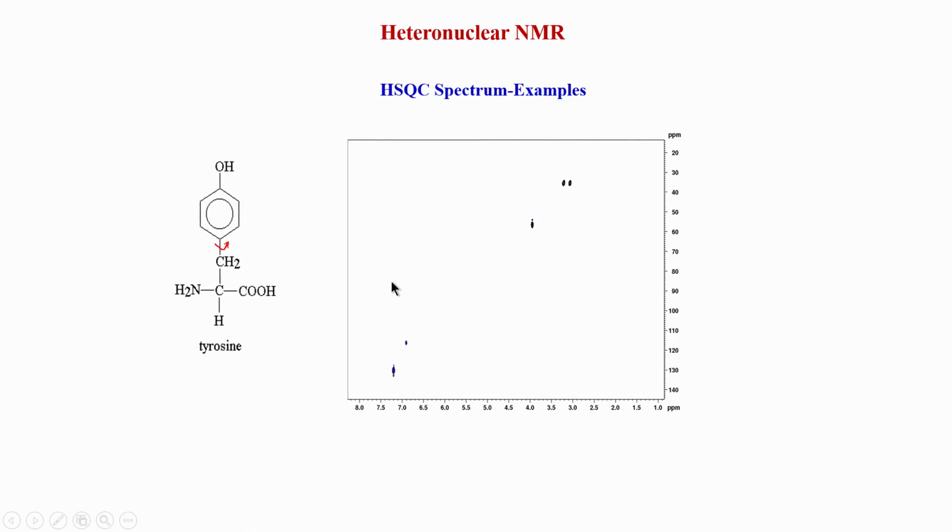So, in tyrosine, now let us look at the chemical shifts. The CH comes around 60 ppm, the same as all other amino acids, because it has nothing special. The CH2 comes around 40 ppm, between 36 and 40, and again you can see there are 2 peaks here, because these 2 protons are not equivalent, but they are attached to the same carbon. So, the carbon has the same chemical shift, but the protons are slightly different, about 0.2 to 0.3 ppm chemical shift difference. Then comes the aromatic system.